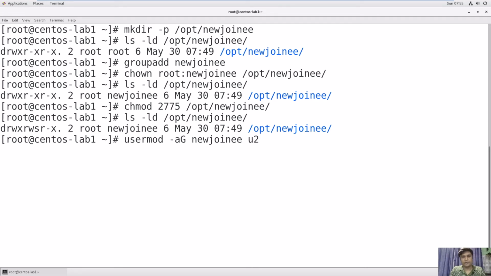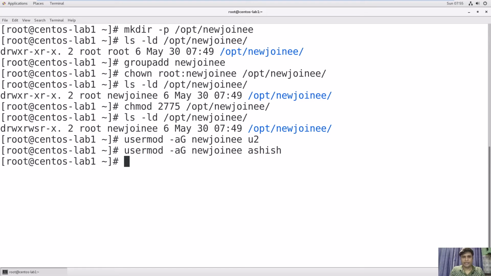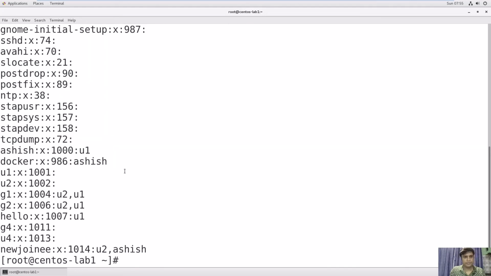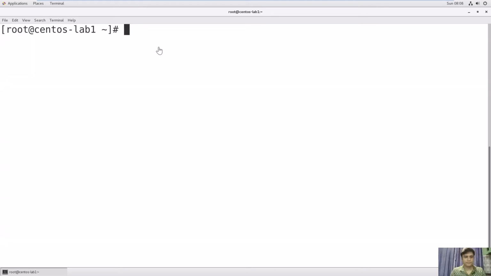I want u2 to use this directory. I want Ashish to use this directory as well, right? You can check by using this command. See, newsjoiny has u2 and Ashish. Now u2 and Ashish can create and modify files in the newsjoiny directory.